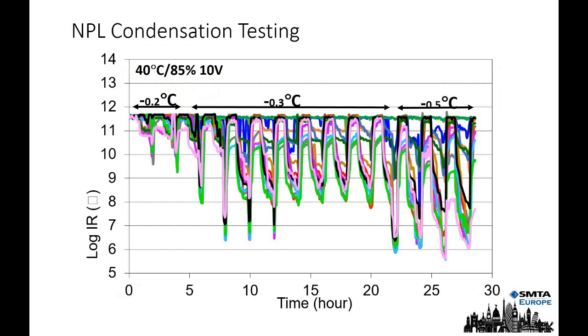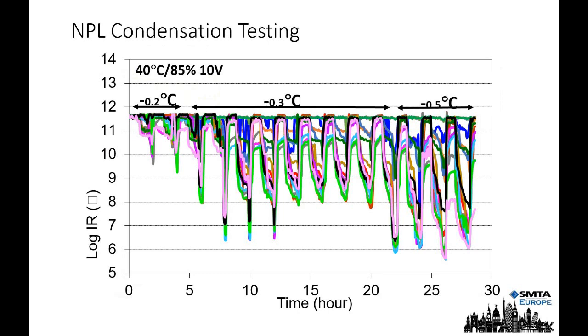So this is just a couple of more results, but it's showing slightly different squiggly line, as I tend to refer to it, the actual test pattern results on the condensation testing. So we have to sort of change what we're actually looking at, but we're still looking for that magical number at this moment in time.